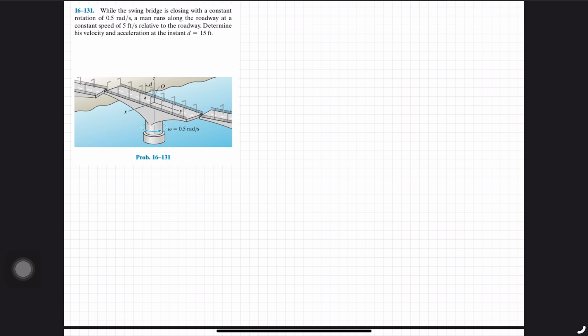So we will write down, we can decide that at the origin point the velocity is 0 because it's on this axis. So it's equal to 0. The angular velocity is going in the anti-clockwise direction, so it is a positive value, 0.5 k cap radian per second. And for the position vector, it's the man relative to the origin point O, and as I have said before, it is minus j cap, 15 j cap feet,